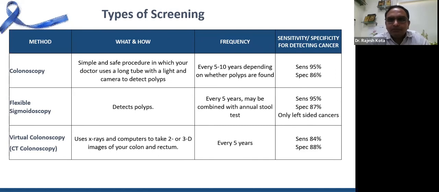The second most common screening tool we use is colonoscopy. Colonoscopy is nothing but a flexible plastic tube with a camera at the tip, and a gastroenterologist uses it to view your lower gastrointestinal system. They insert it through your anus, look at the rectum, sigmoid colon, descending colon, transverse colon, ascending colon, the cecum, that is the first part of the large intestine, and they can view a small part of the terminal ileum, or the last part of the small intestine.